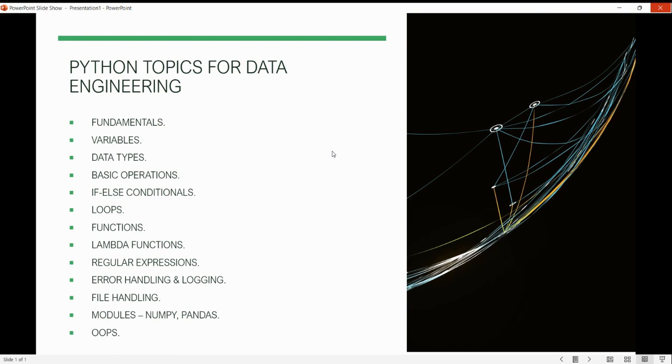followed up with the variables, different data types that we have in Python, like list, tuples, dictionaries. Then we'll have a session on basic operations, where we'll cover topics like fundamental mathematical operations, comparative operations. Then we'll have an if else conditional session where we'll cover the if else part of